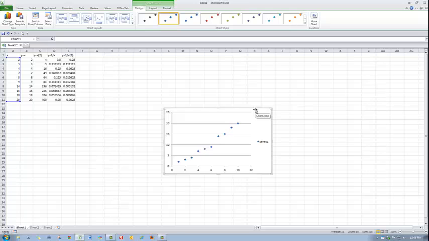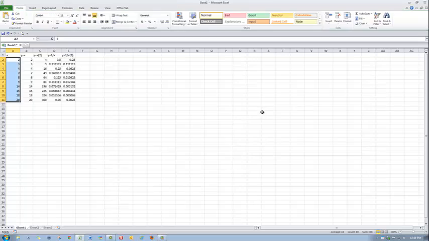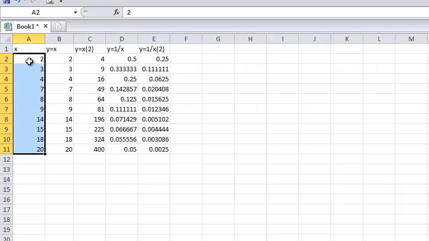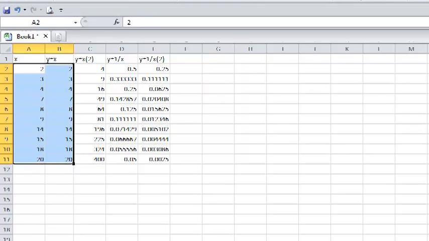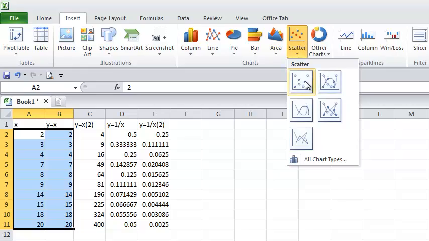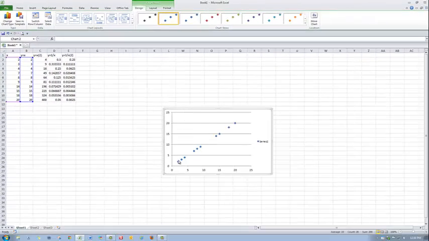Now, the problem is, it only graphed one set of values. So we need to tell it which values to graph. We'll get rid of this: click someplace on it and hit delete on your keyboard and it goes away. Now I need to say what are my x values, what are my y values. I need these 2 columns. To select them, click on this first value, hold down the Shift key, click on this value here. Now they're all selected. So we go back to Insert, Scatter, click on it,